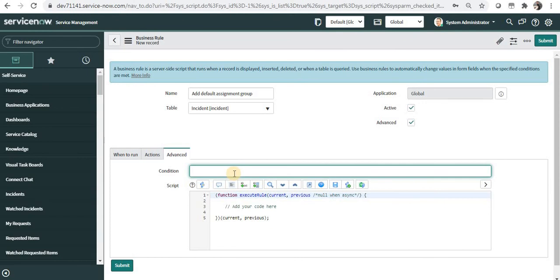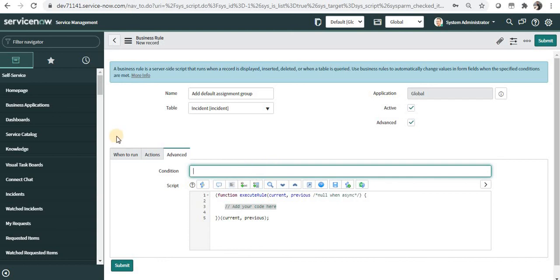In our case, we can check if the current.assignment_group is not nil. We can write it like this. The negation sign at the start shows that if the current.assignment_group is not nil, and then you can write your own code in the advanced tab.